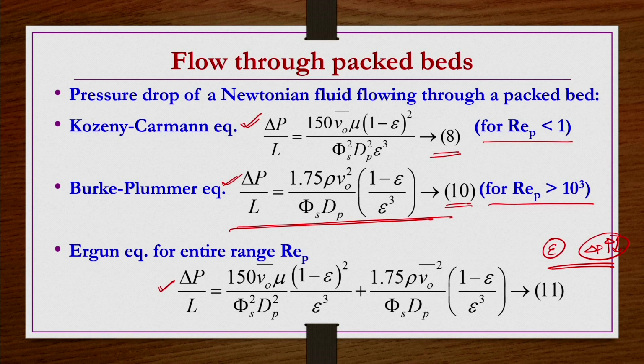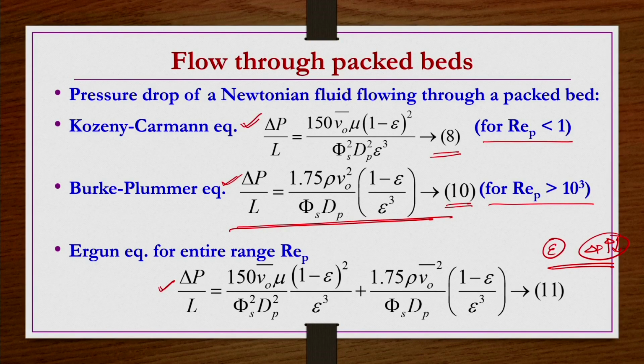Okay. So, if you wanted to find out the magnitude of the viscous losses in this pressure drop contribution, then the pressure drop should be divided by the viscous forces per unit area, and the equation that should be used is equation number 8, because equation number 8 talks about the contribution of the viscous losses in the pressure drop calculations for a Newtonian fluid flowing through a packed bed here. Right. So, that is what we are going to do now.